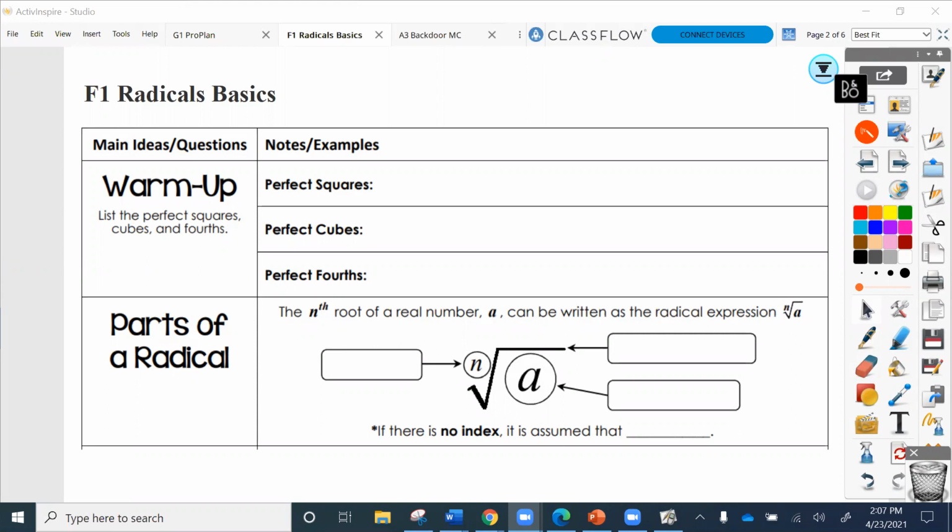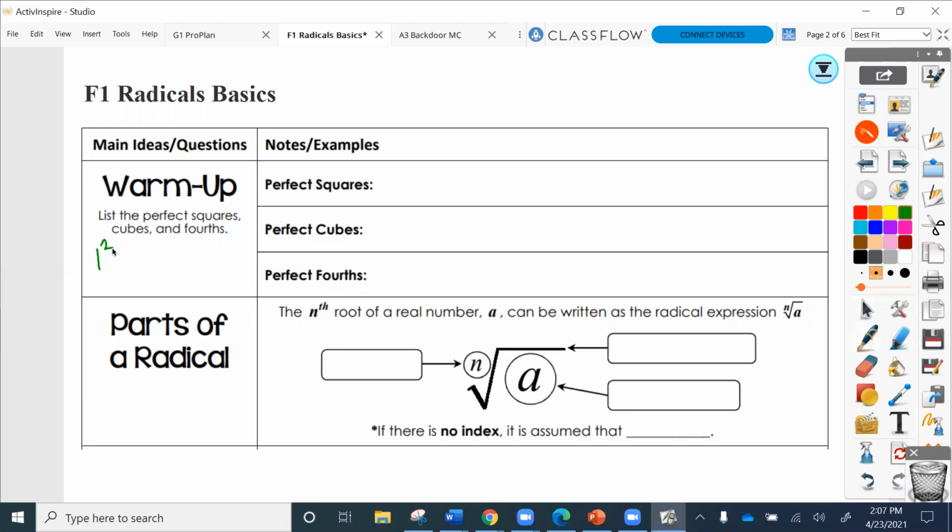Today we're going to start a brand new unit called Radicals, and this first section of the unit is called Radical Basics. So for a warm-up, we're going to list the perfect squares, perfect cubes, and perfect fourths. For example,